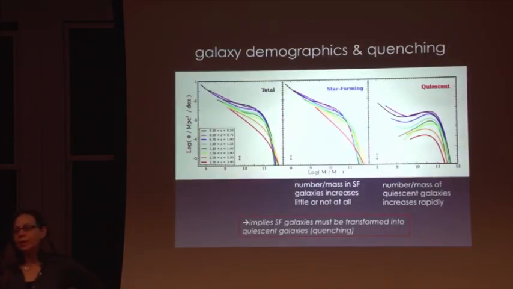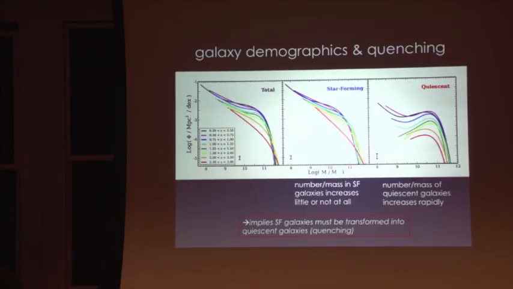Okay, so now we can imagine doing our counting exercise, right? So astronomers love to count things, and we like to count red butterflies and blue butterflies. So we can draw a line between that star-forming population and that quiescent population, and we can count star-forming galaxies and quiescent galaxies now going back in time in our redshift bins. And we see something now very interesting. So the number, or the mass, contained in star-forming galaxies has not increased very much over the past 12 billion years. But this is weird, right?